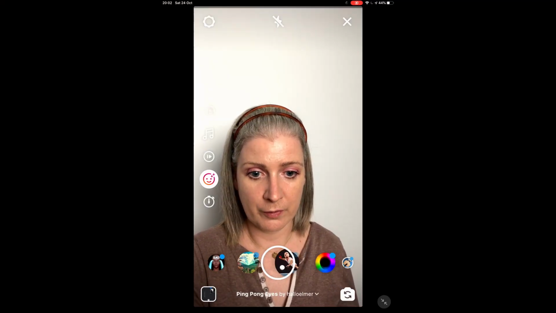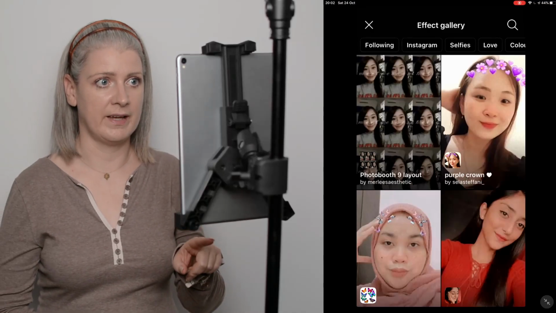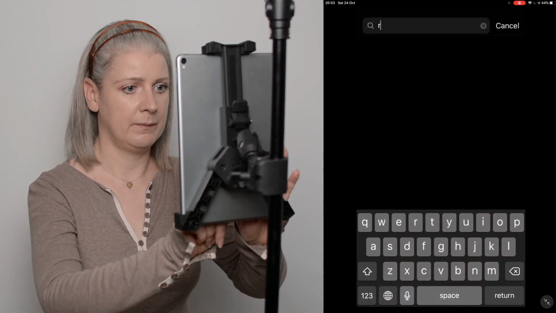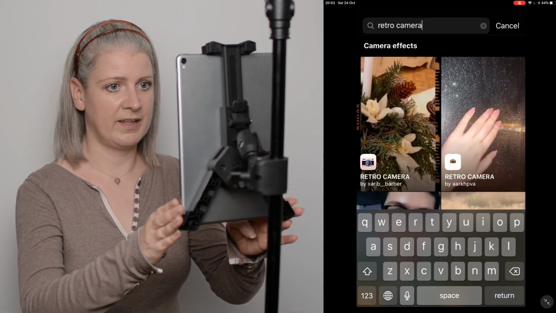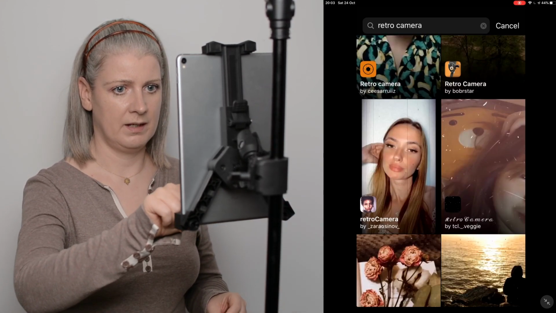And the effects button basically allows you to select filters for the videos of your face or anything that's in your screen. And at the bottom of your screen, you can scroll through and you can go to the search function at the very end. There's a search function, and you can browse effects, allowing you to come to your effect gallery and retro camera, and it will search for things there, and you can see lots of people have made various things. Let's just